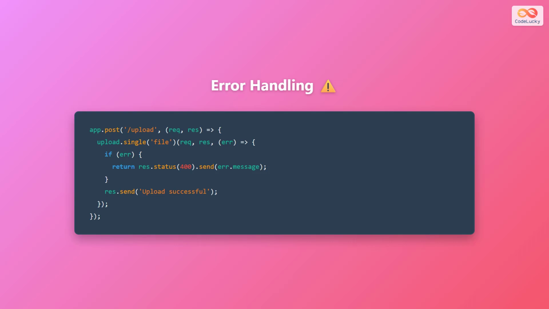Here is the code. app.post('/upload', (req, res) => { upload.single('file')(req, res, (err) => { if (err) { return res.status(400).send(err.message); } res.send('Upload successful'); }); });